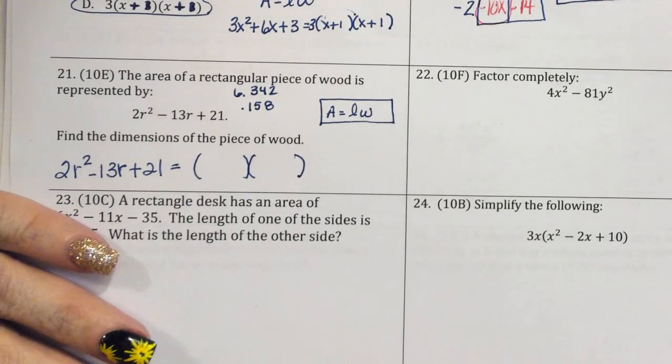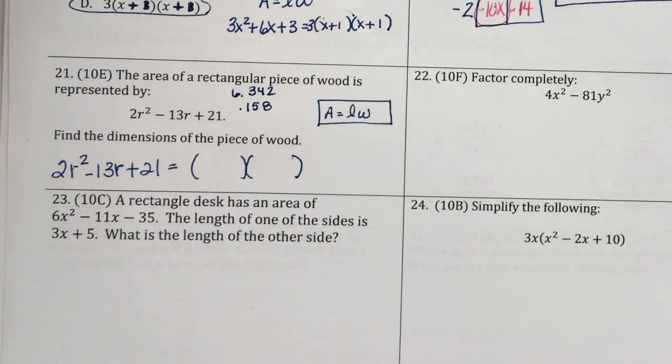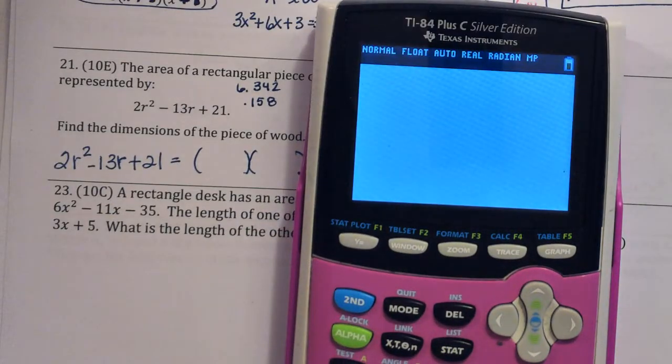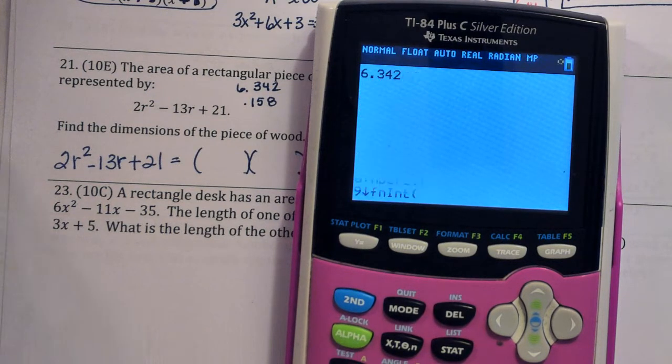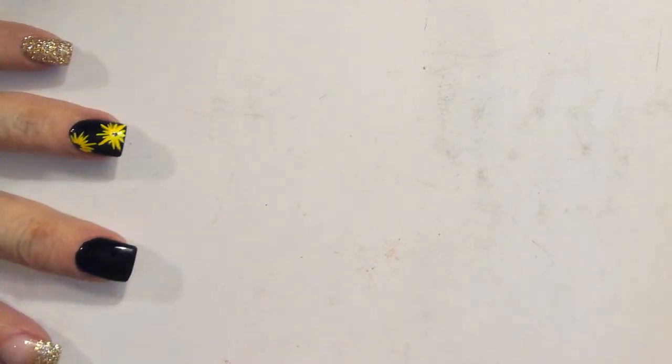I'm going to see if I can turn those back into fractions. So I'm going to go on my calculator. I don't think they're going to. 6.342, math, enter. Let's see what we get. Yeah, we get some yucky fractions. That's not good. And 0.158, we would do math, enter. And yeah, we're getting crazy answers. So because, like I said, hopefully I've left you some more room to work than what I left myself the first time through,